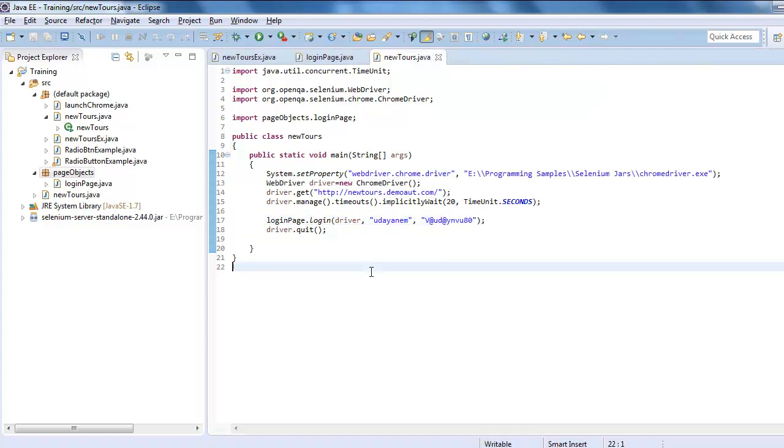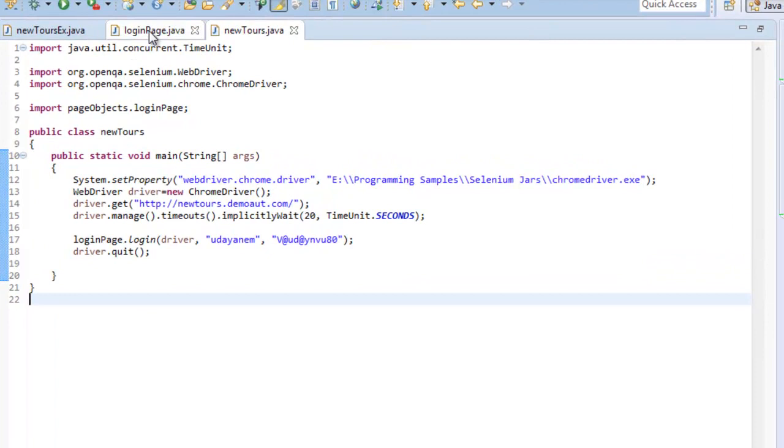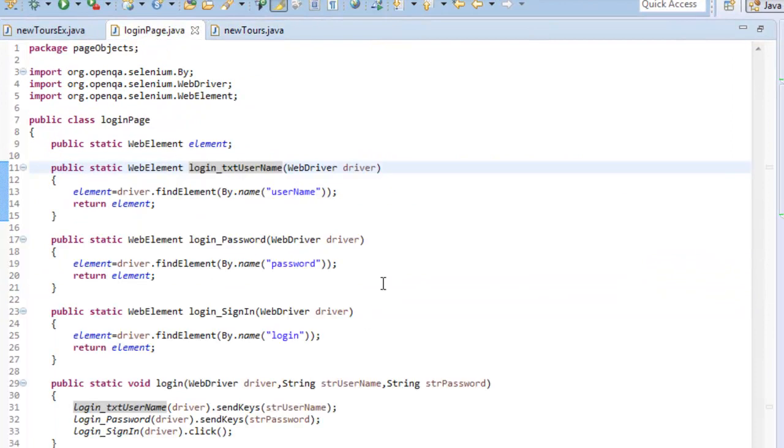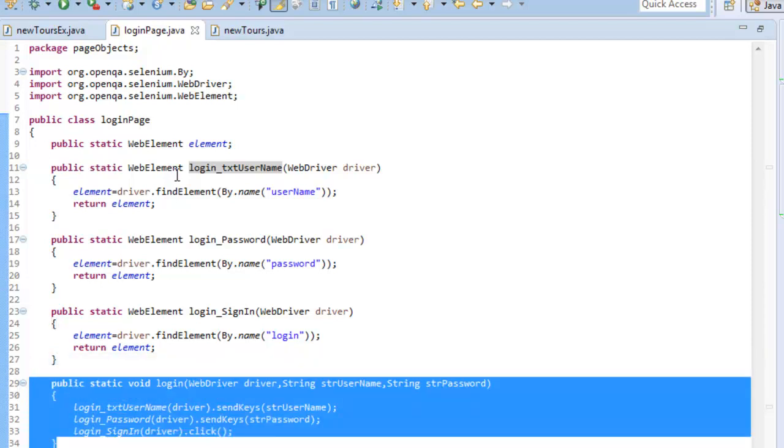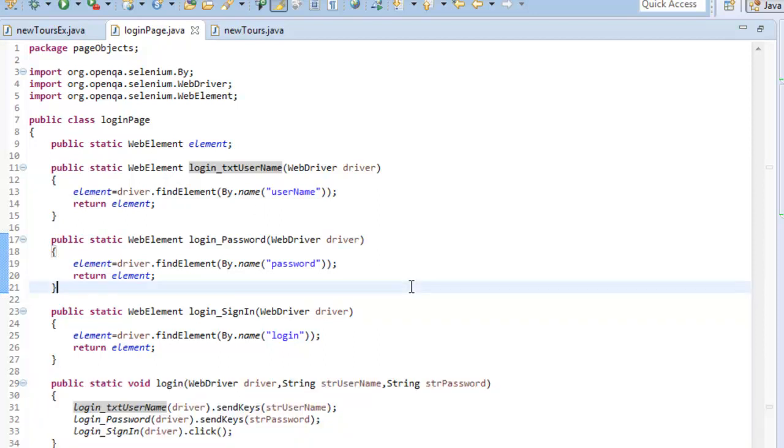This is a very common repetitive operation that we perform on that page. We can also include those methods. The advantage of having these kinds of methods is, if any step gets changed, you can update it in a single place rather than updating in multiple places, which increases the code maintainability.